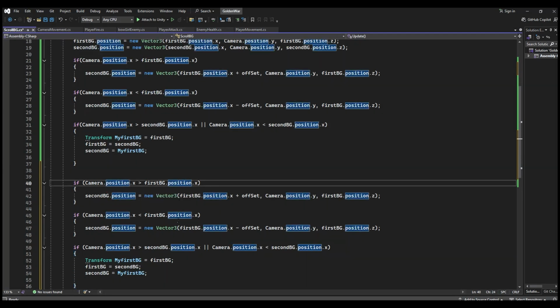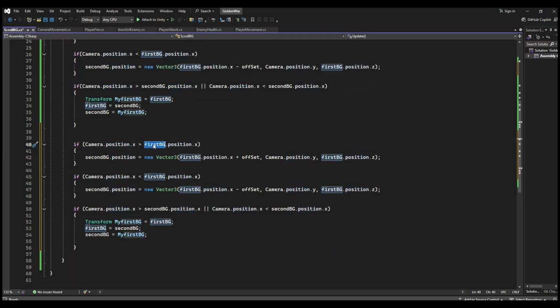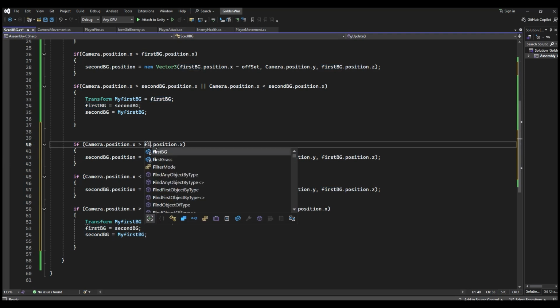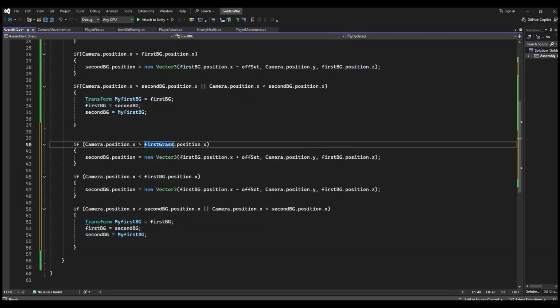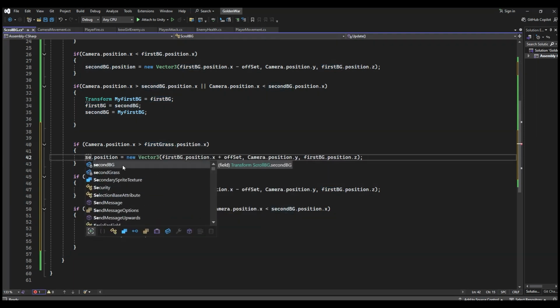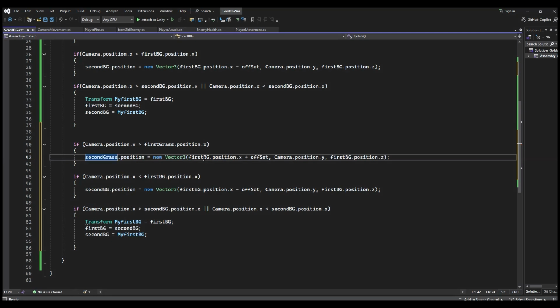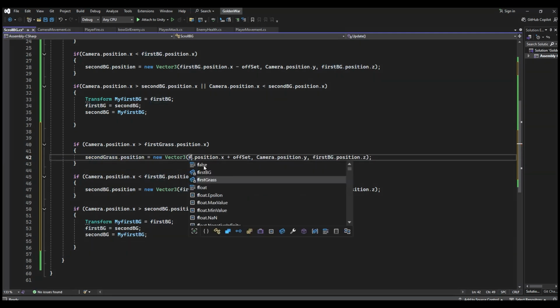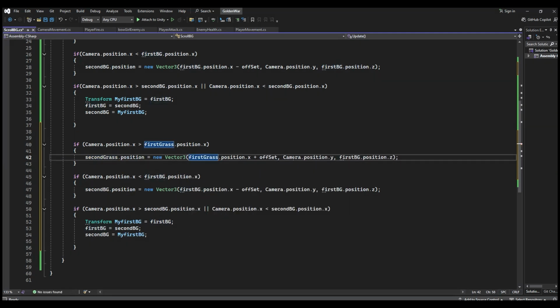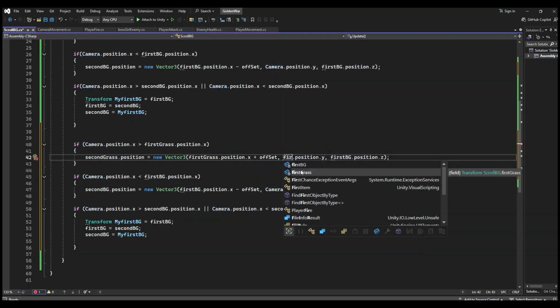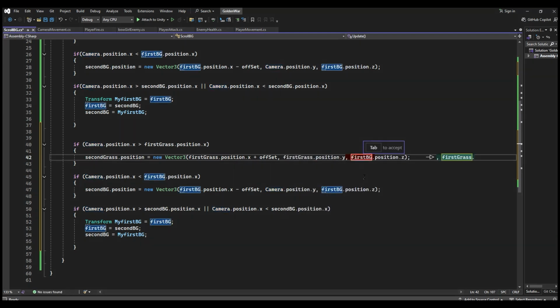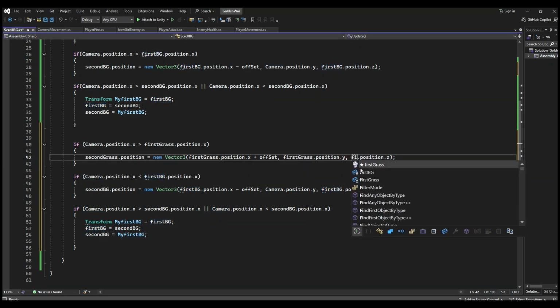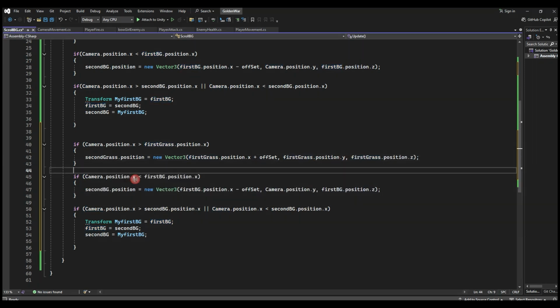But I think that this is better. So I changed everything. First BG, now it is first grass, second grass, just first grass offset. Now listen to this. So just say first grass instead of camera.position. Okay, and also correct this, first grass,